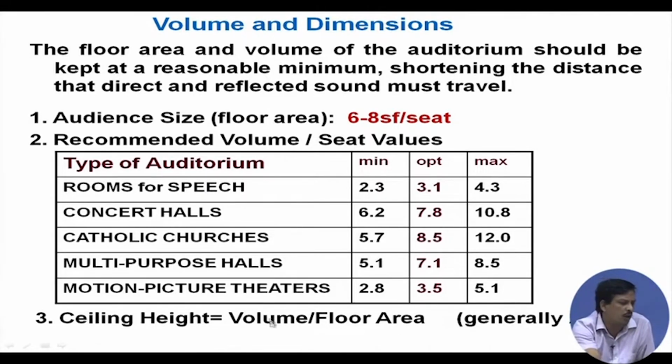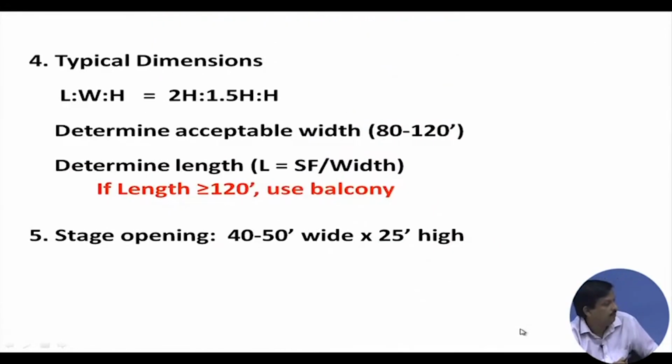So, once I get the volume, then it is divided by the floor area. So, I get the floor area per seat and the volume per seat, I calculate the volume and floor area, then I get the ceiling height. Then typically, the dimensions will come in length, width and height as 2h: